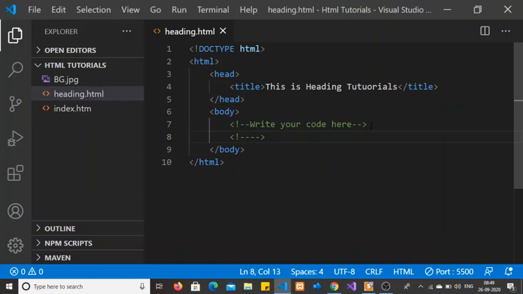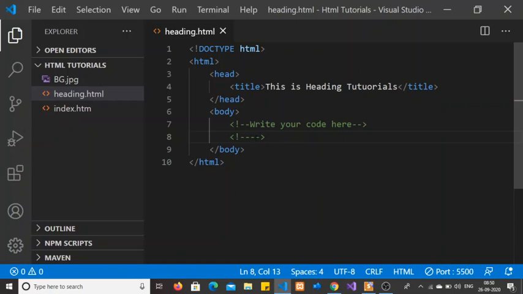Whatever you want to write as a comment, all comments are always ignored by the browser, so it will not appear on your screen. It is shown only to you while you are writing code, so that you can understand for what purpose you wrote this block of code. Sometimes you go through multiple web component sections, so we need to write some comments. This is the basic structure of writing a comment.